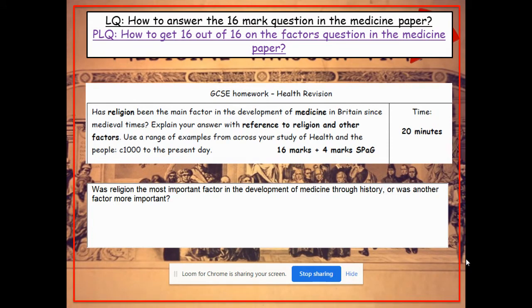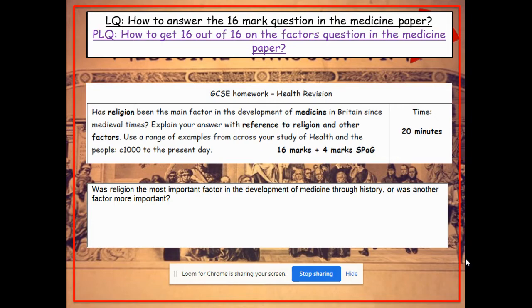So that is the question at the end of your medicine paper, with the most marks in the whole paper. A quick look at the question. We'll talk through that, and then we'll go through some of the information that you need in order to answer the question. As always, make sure you've got pen and paper handy, and ideally the question printed out in front of you. If not, you can pause this video at any point just to make sure you've got this question, so that you can have a go at writing it subsequently.